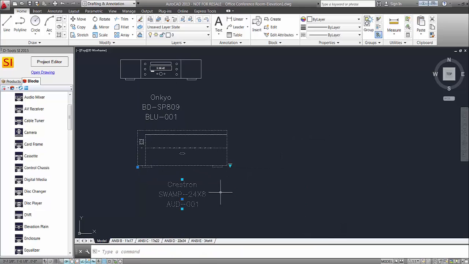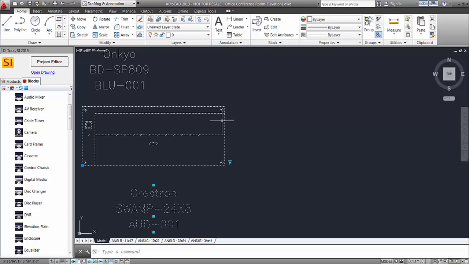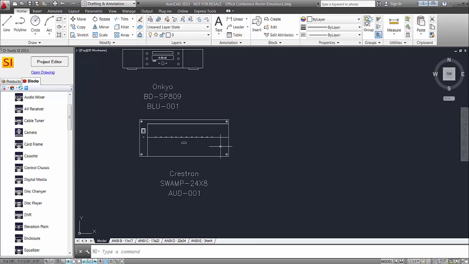You also have this little drop down here. So if you select the block, and you see this right here, this is marked as standalone component, show all labels, these being the labels down here. But you could also mark it as rack mounted if you'd like. In this case, I'm going to choose rack mounted, show all labels. And this will change the block a little bit. You can see it'll put little screw representations here